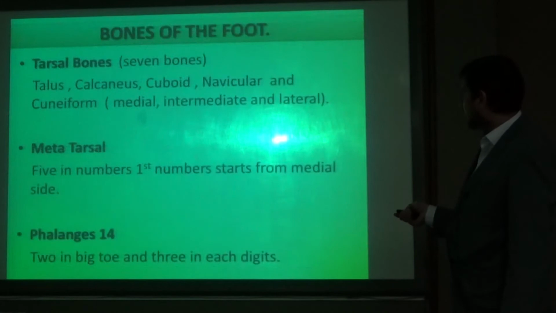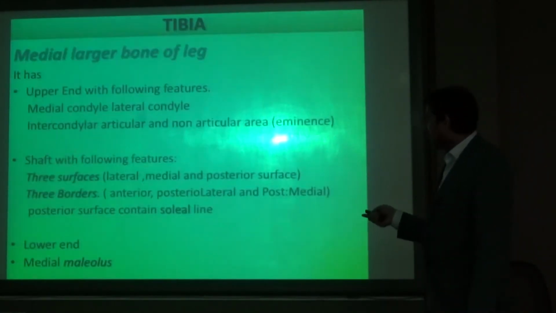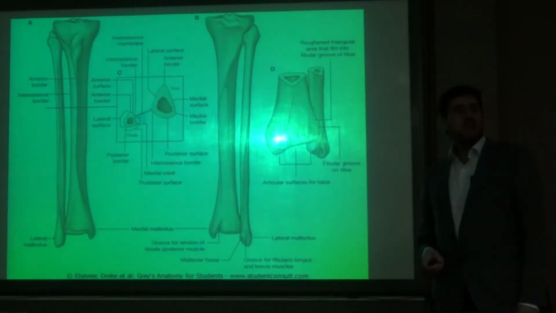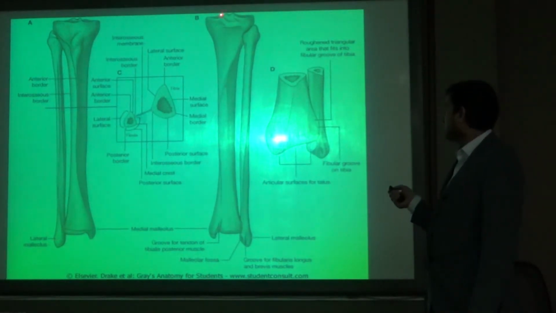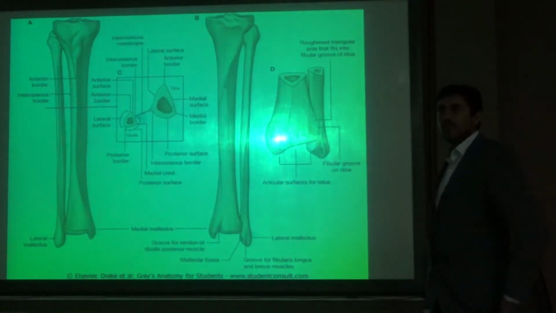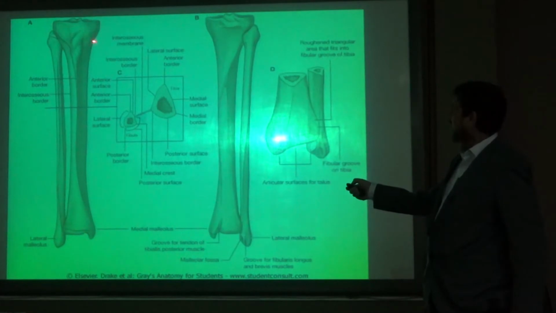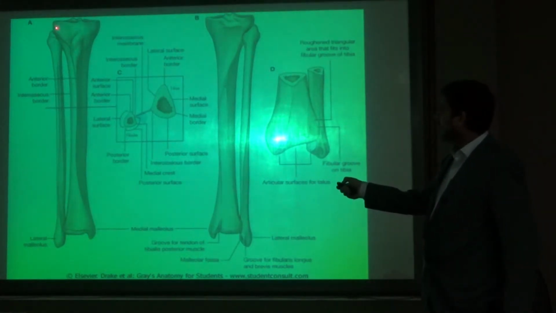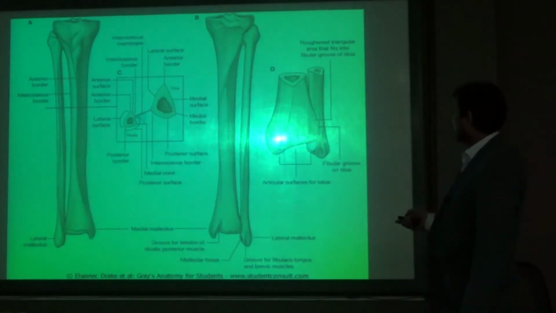Femur also has condyle. So these condyles are uniting with the condyles of tibia, bearing the weight with the tibia. So what is the name of this one? Which one is the lateral? This one or this one? Which one is the lateral condyle? This one, because the fibula is on the lateral side. Okay, good.